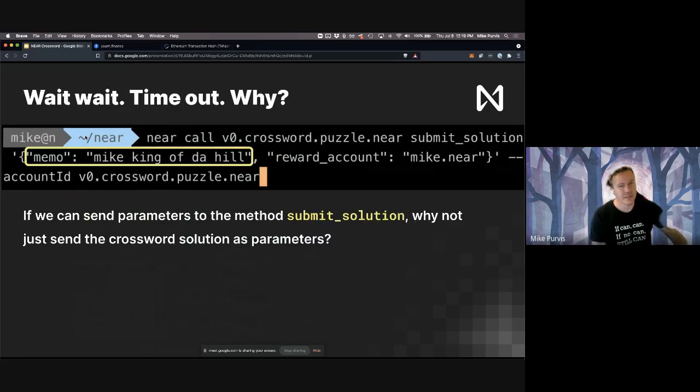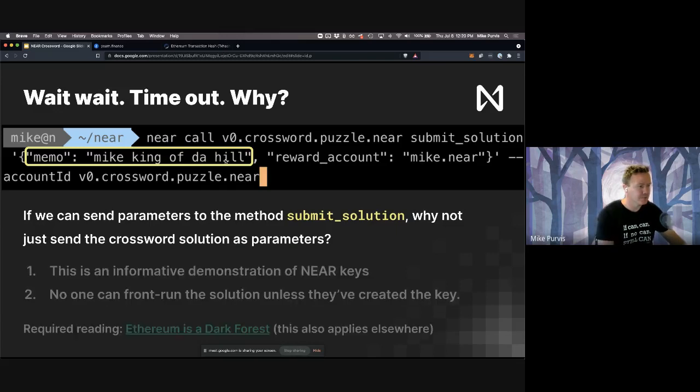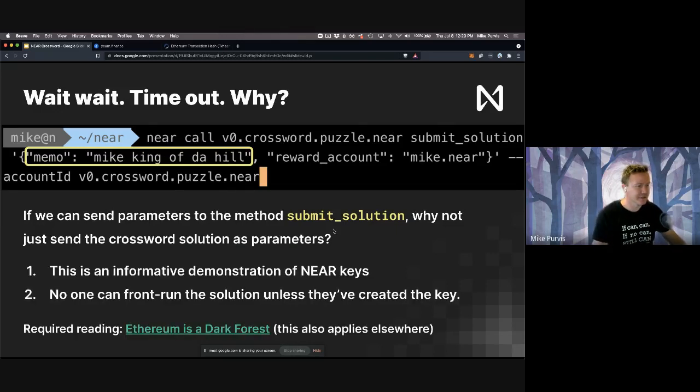Okay, so this is kind of interesting. Wait, time out. Before, we were saying, all right, I'm calling this method submit solution, and I could just give it parameters, right? I gave it a memo with a whole bunch of words in it. Why can't I just give the answer to the crossword puzzle also as a parameter that you just pass in? Well, first of all,